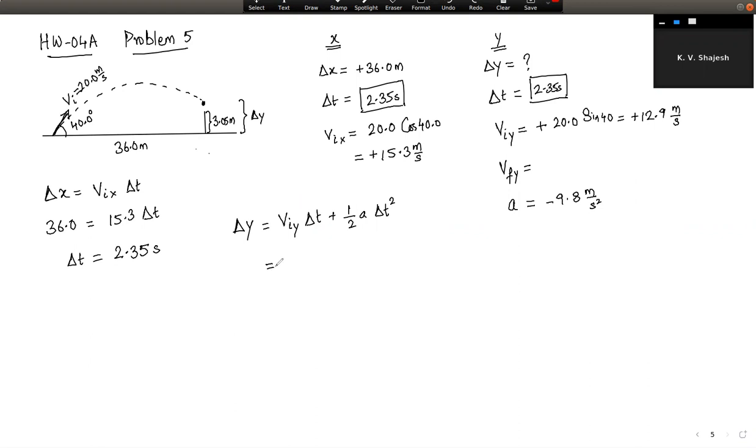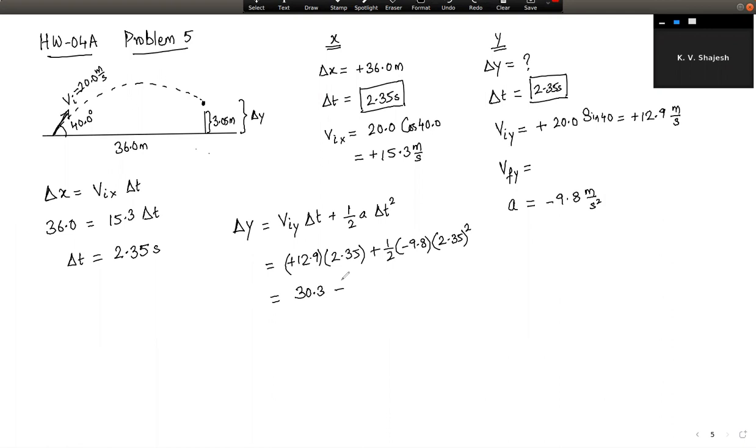That's equal to plus 12.9 times 2.35 plus half of minus 9.8 times 2.35 squared. And that leads to 12.9 times 2.35. That's about 30.3